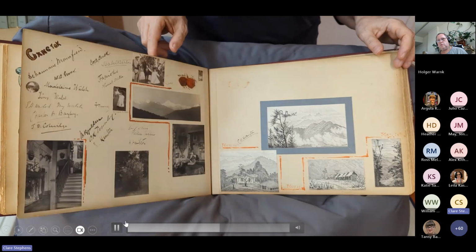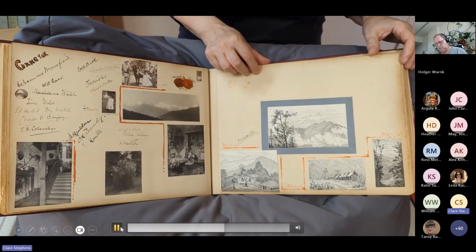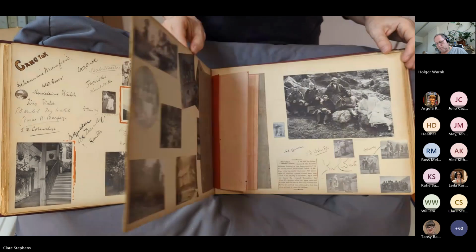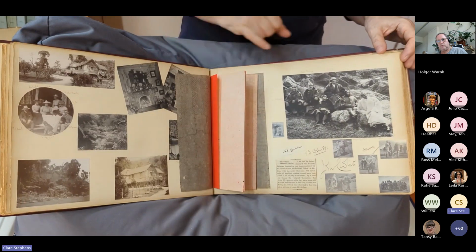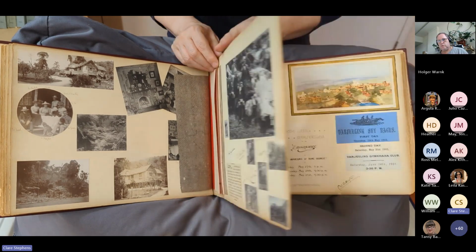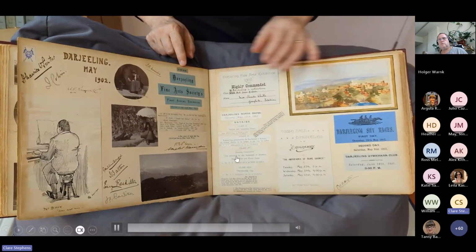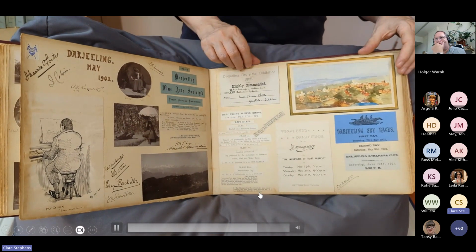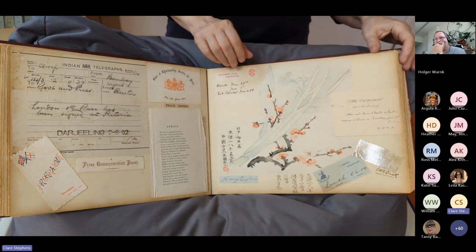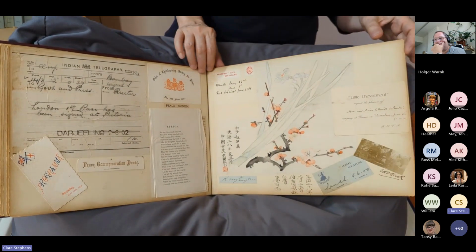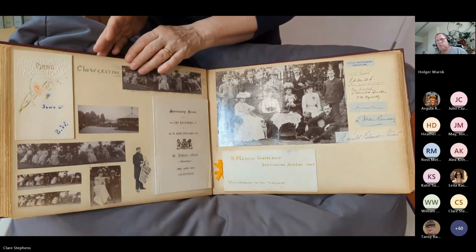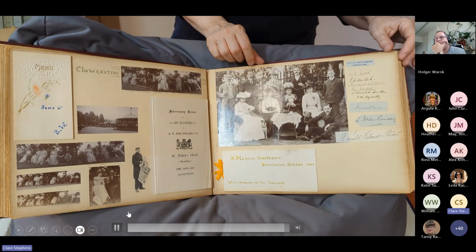These tiny sketches are by family friend Charles Waddington. Here's John Claude White in the hat. And on the left, by the way, is the house he had built, which still stands, and it's nowadays the official residence of the governor of Sikkim. I just love this album. It's probably the most beautiful thing we've got in the whole of the military archives. Now, over to Claire.